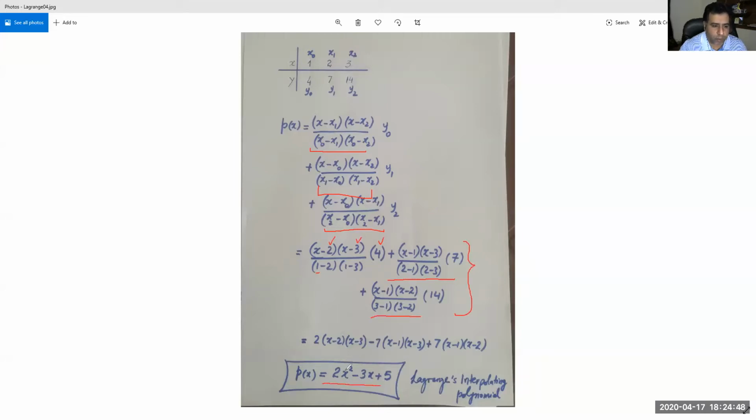At x equals to 1, you get 4, which is an exact match with this given data. At x equals to 2, this polynomial will generate 7, and at x equals to 3, this polynomial will generate 14. And then if you are asked to interpolate at x equals to 2.5, let's say a value